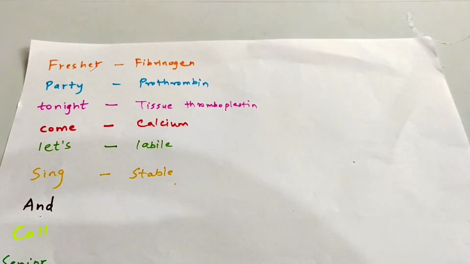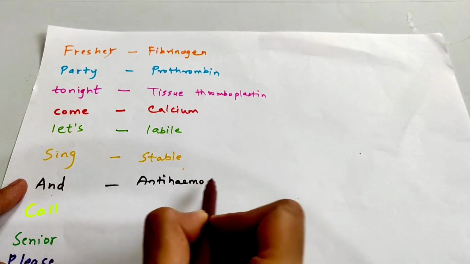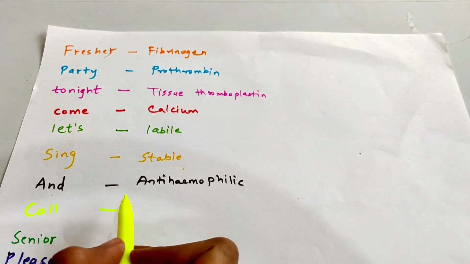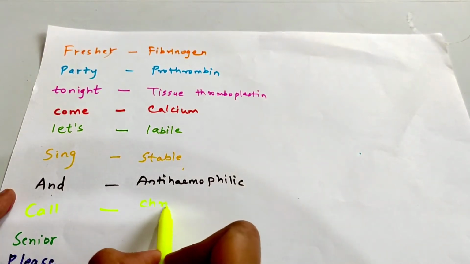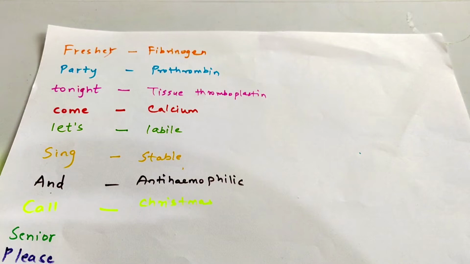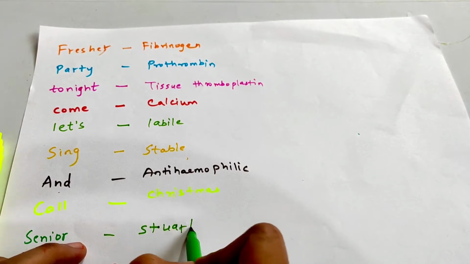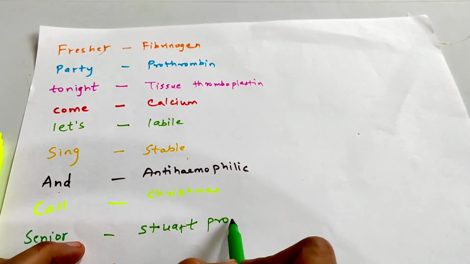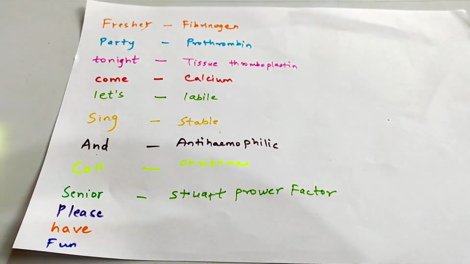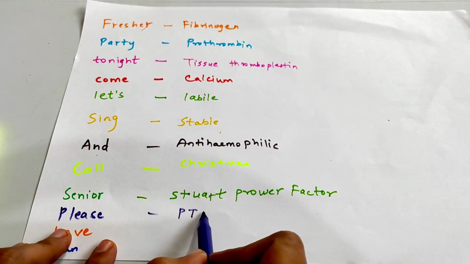anti-hemophilic factor, call C is for Christmas factor, S for Stewart-Prower factor, please P is for PTA, plasma thromboplastin antecedent,